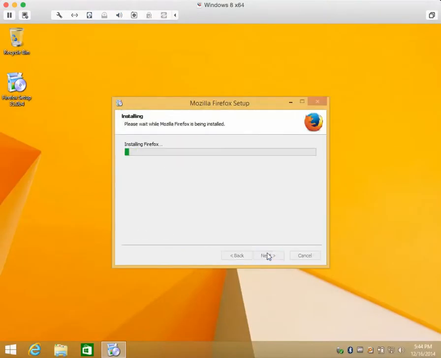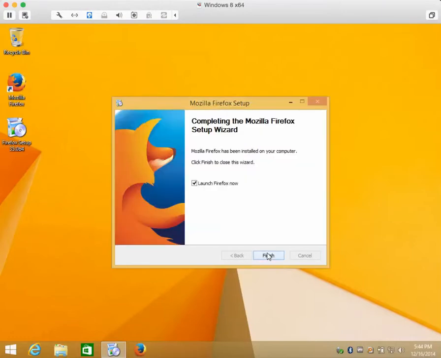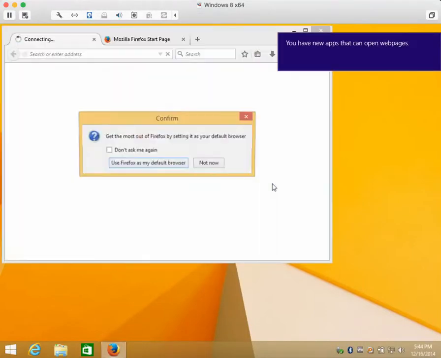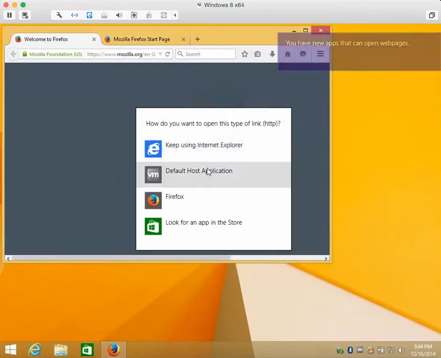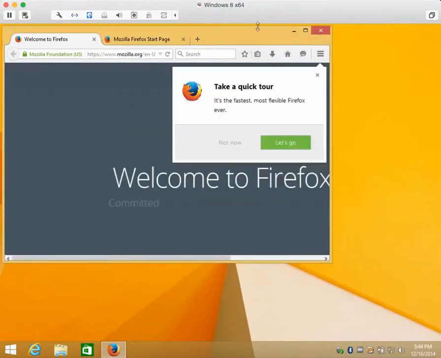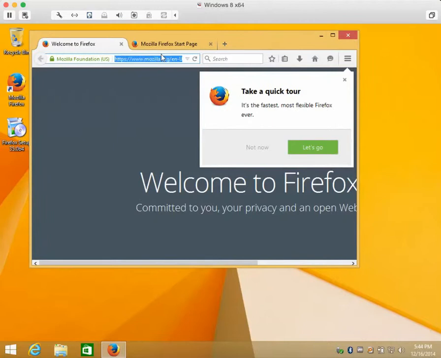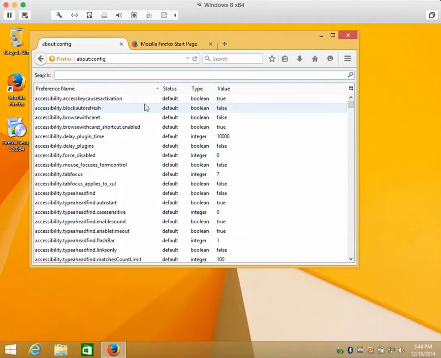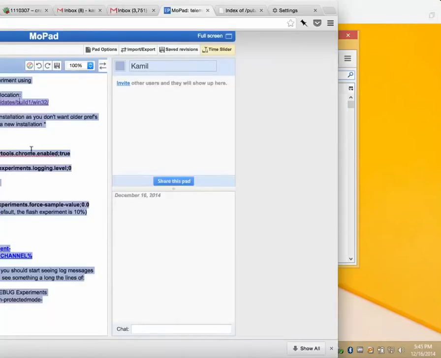So I'll install that quickly and launch it. I know it doesn't really matter what you choose, but let's make it default. Okay, so that's installed. We'll go to About Config quickly. Do that so it doesn't annoy us later. Okay, so the first step is to